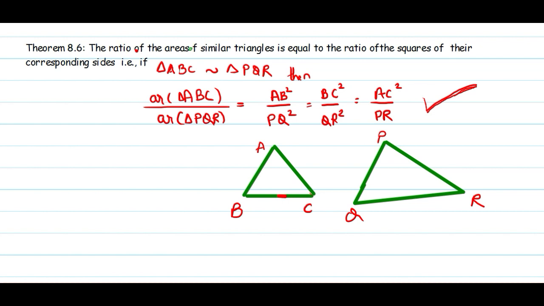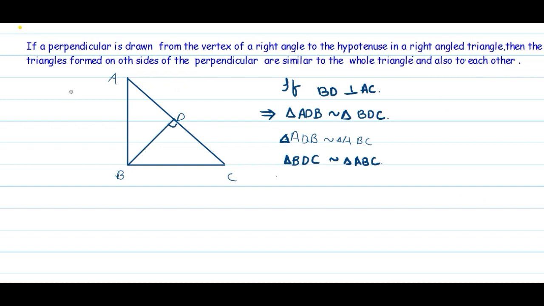Then coming to the next one, suppose you have a right angle triangle. Before I explain this statement, let me look at this figure. If I have a right angle triangle ABC, what is this BD? BD is the perpendicular drawn from the vertex having the right angle, which is B. That is, BD is perpendicular to AC,